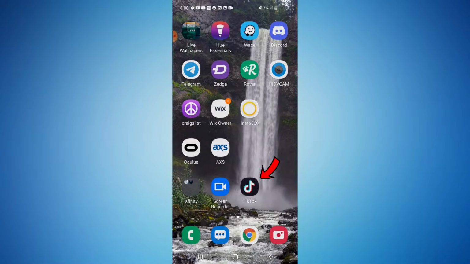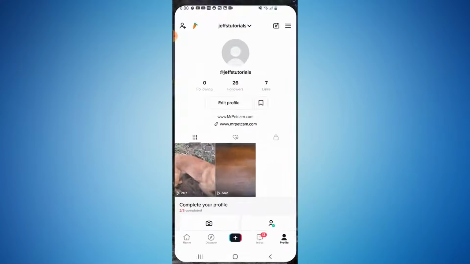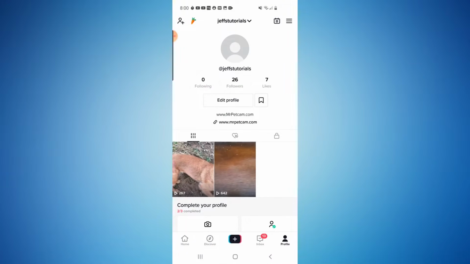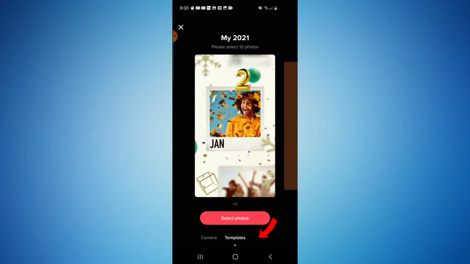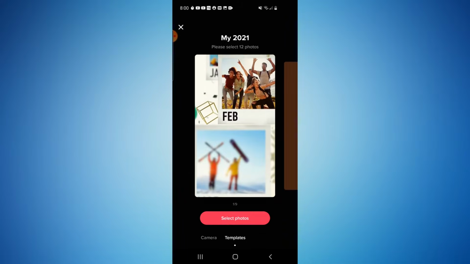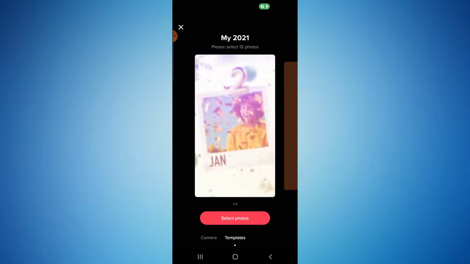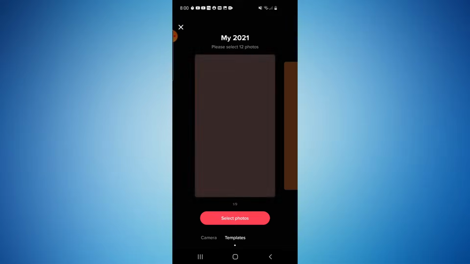Alright everybody, we're currently on my phone, so you're going to want to launch the TikTok app. And first you're going to want to check to see, maybe you already have the live option available. To do that, you're going to want to select the little plus icon button down here, and you can scroll at the bottom here, as you're probably aware of, but there should be a live option. If there's not, then you're going to want to follow the rest of this tutorial to get that put on